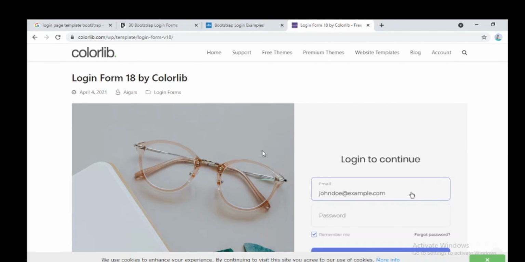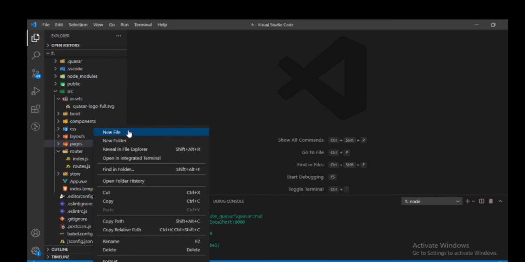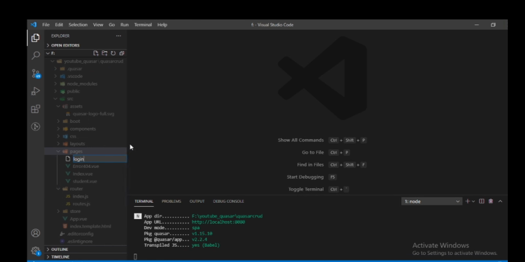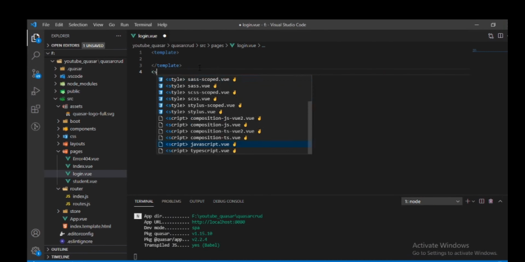For that, we will need to create one row, and we will divide the row into two columns. One right side column for displaying an image and a left side column for our login page sections. Okay, let's start. For that, we will create one page, Login.vue. We will take one template tag and then a script tag.